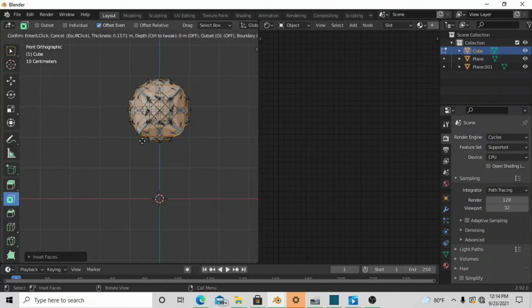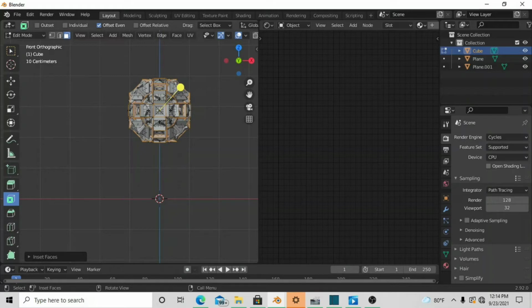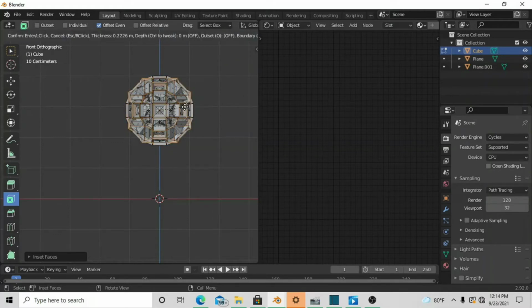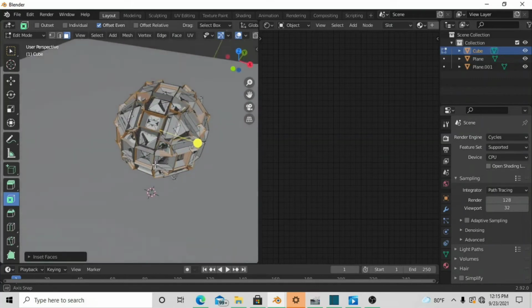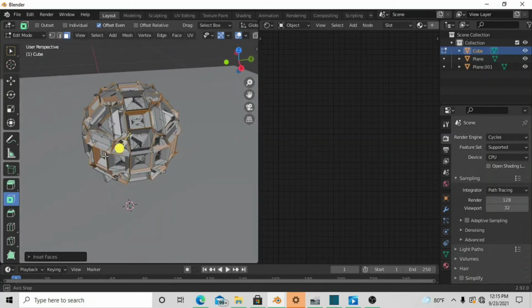Bevel it again. Oh, I mean, I'm not beveling, I'm actually inserting. And then insert again. Then I insert again. And you see, you start to get all these crazy nice designs. Boom, insert again. And I just keep inserting until I see something that I really like. If it's a really good design, something intricate and really detailed, I'll keep it. So I'll probably bevel it one more time. That looks nice. So now you'll see that you have this crazy intricately detailed sphere, and then it's a nice